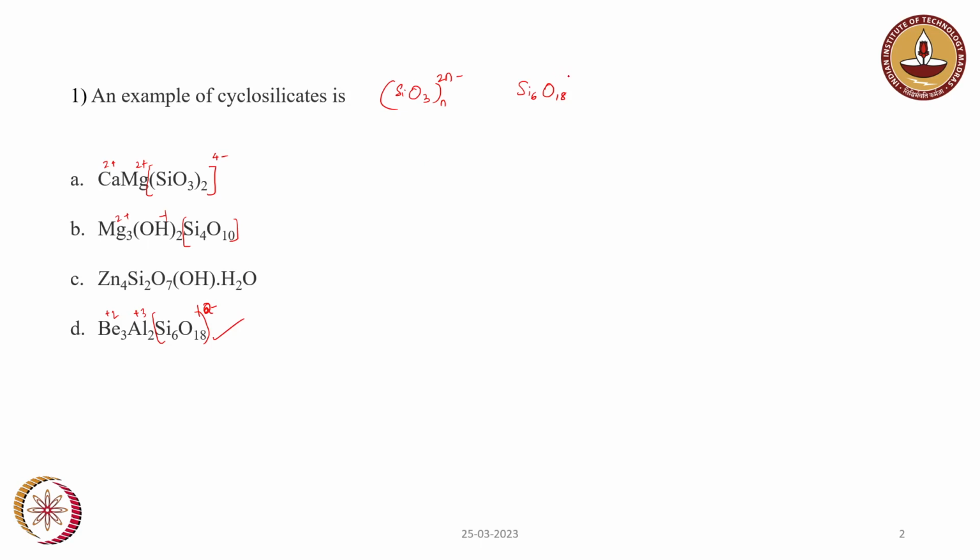So the total charge here should be 12 minus, and we can rewrite it in this form: Si O3, 6 times, because there are 6 Si. If we write like this, 6 into 1 is 6, and 3 into 6 is 18. So the charge is 12 minus. So it is in the form of SiO3, 3 into 2,